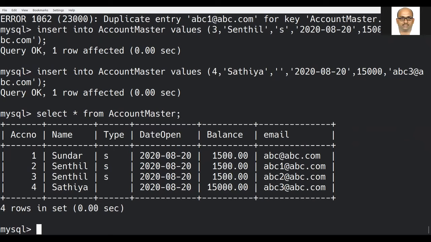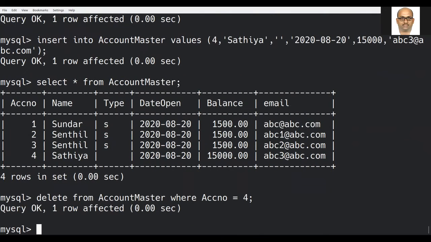In order to do that, I go for delete from account master where account number equal to 4 alone. Now I am trying to go for one more, that is the fifth checking, namely default value.